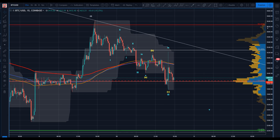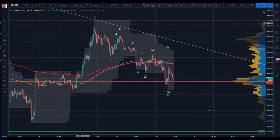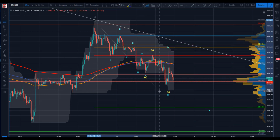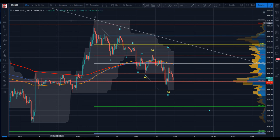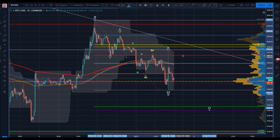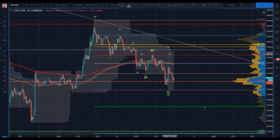So if this is the 4 and we're coming down here, well, we can look for some tell as to whether or not we're going to hold into this diagonal pattern. If this is the 3 low, well, we'd look for something technical around the 50 here. So ABC, if that's the 4, it's hard to make that call because we've just got one 15-minute bar here. So if we think, okay, screw the Elliott, what can I see? I got a high to a low. We go to a 50. Where's my target? Well, if I come down here and I finish that, if this is the 4 taking me to